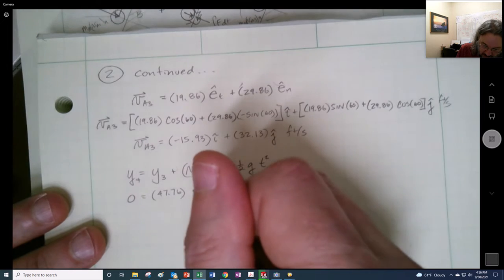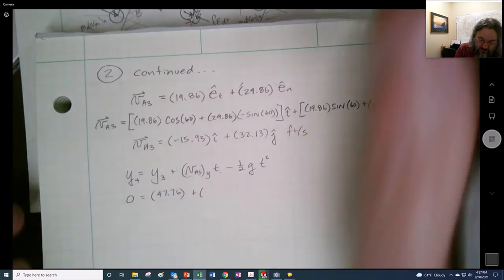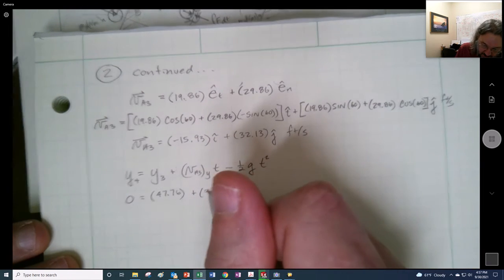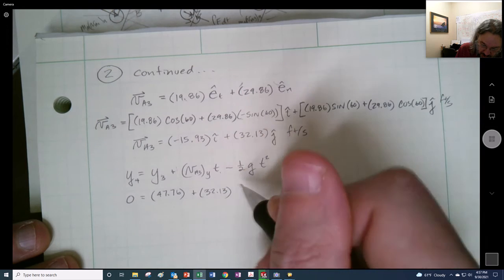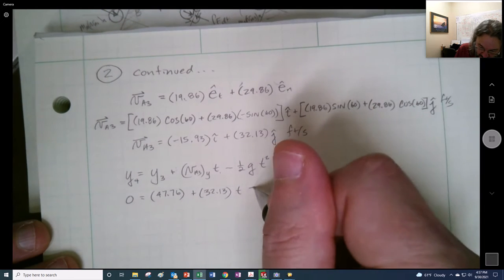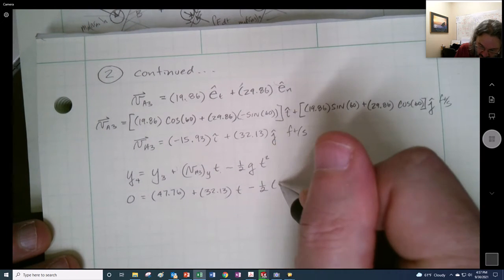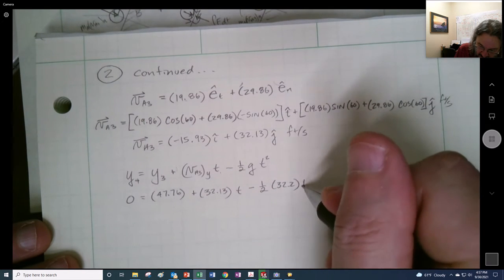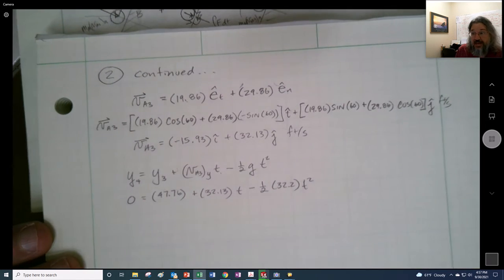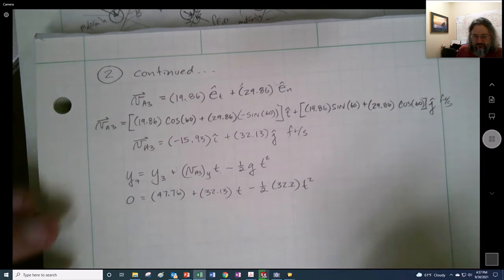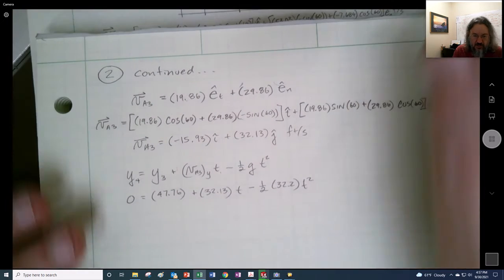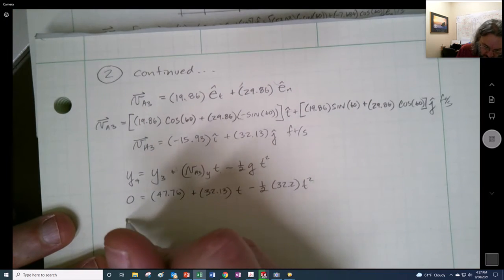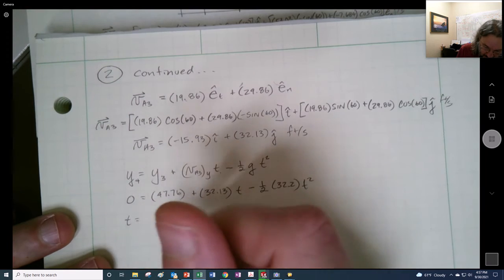47.76. It has an initial velocity in the y direction of 32.13. Time is a thing we need to find. And then 1/2 32.2, and then t squared. So what do we got? Everybody's favorite thing to do, quadratic equation. So we could find that the time is going to be,